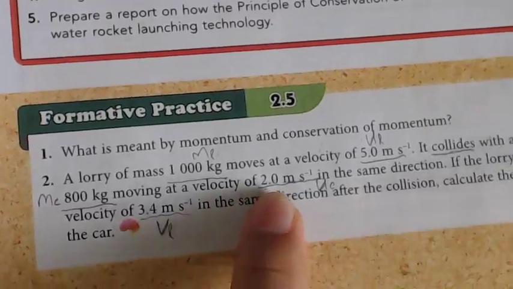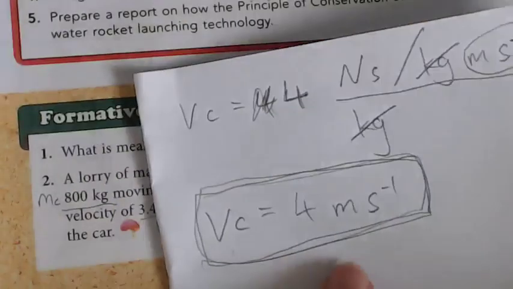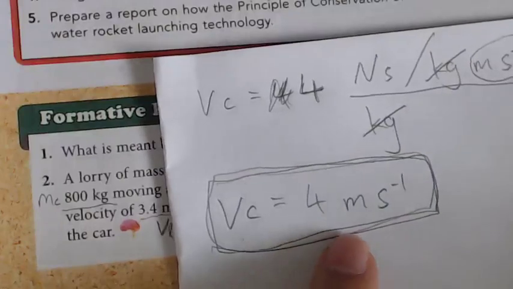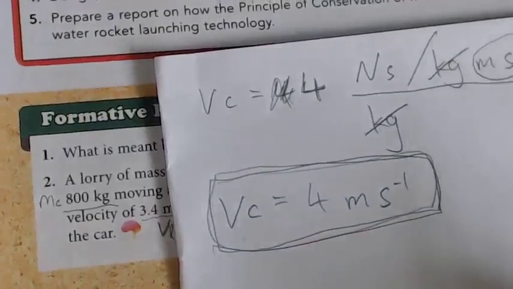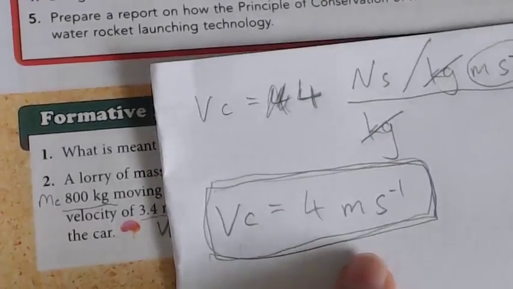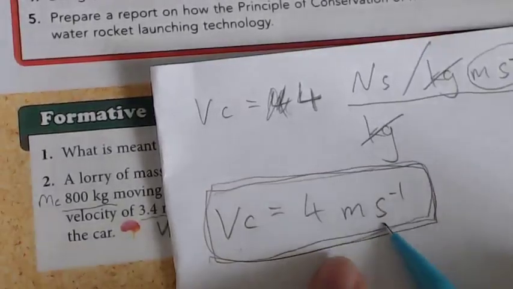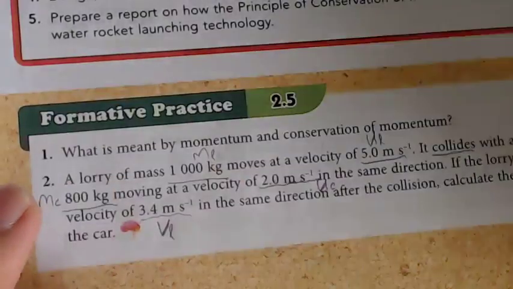After it has been hit, it rose to 4. So how dare the lorry, how evil the lorry. No, maybe the lorry has a problem, a brake problem. Okay, they always have brake problems. 4 meters per second. Okay, that is how